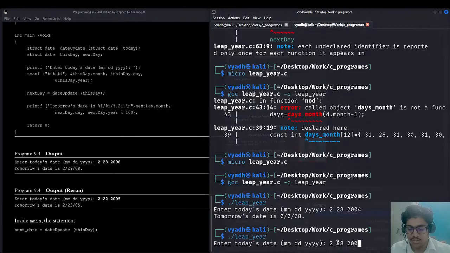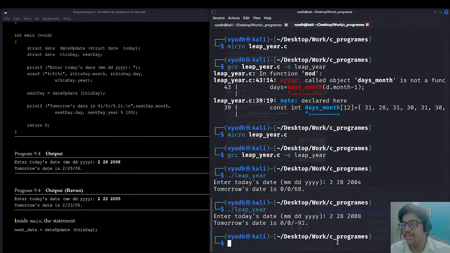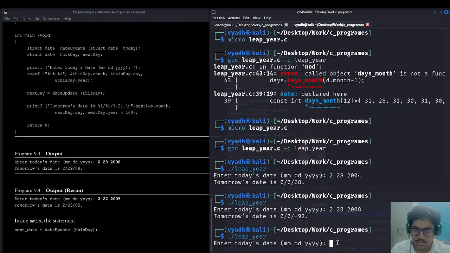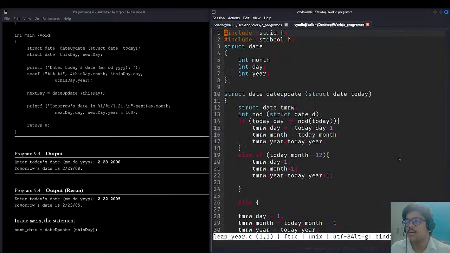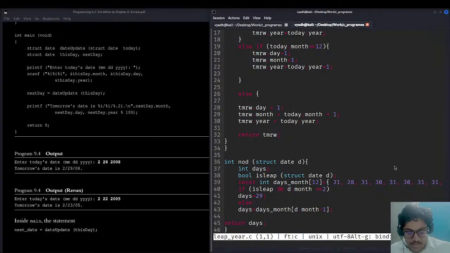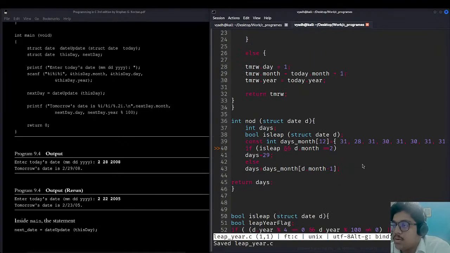अगर मैं इसको एक काम करता हूँ, इसी का एग्जांपल लेते हैं जो उसने लिया, -92। शायद लॉजिक में दिक्कत है, शायद परसेंट में दिक्कत आया है। अगर मैं नॉर्मल डेट लेता हूँ, जैसे कि आज 27 अक्टूबर है, 10/27/2026। Tomorrow's date is 0064। नाइस। अब देखना यहाँ पे क्या हुआ है। अब शायद जब मैं यहाँ कंट्रोल एस कर रहा हूँ तो लीप ईयर में कुछ प्रॉब्लम आया है।